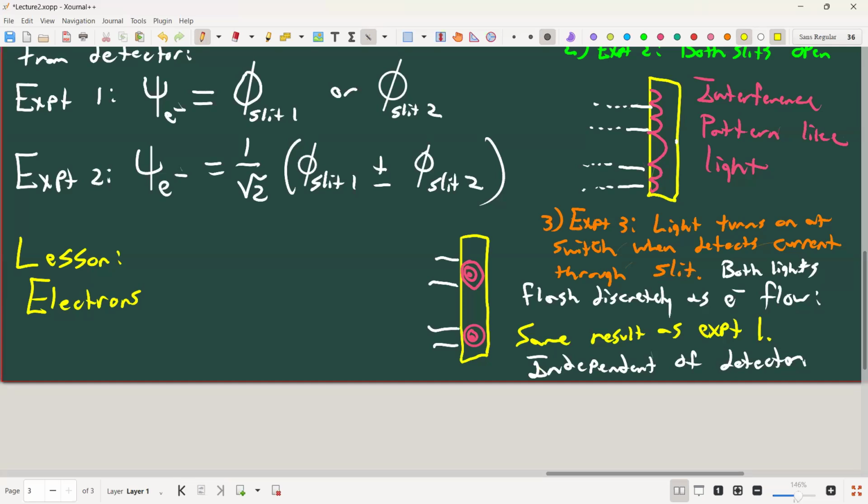Of course, light's generally treated as a wave. You can set up an experiment to show that photons move through the slits like particles as well, if you set it up just right. Everything works, right? Atoms, molecules. People have done this with actual molecules, and it has the same result. Electrons or any microscopic particle